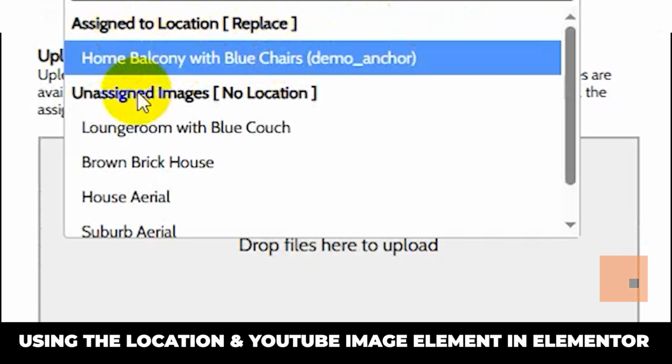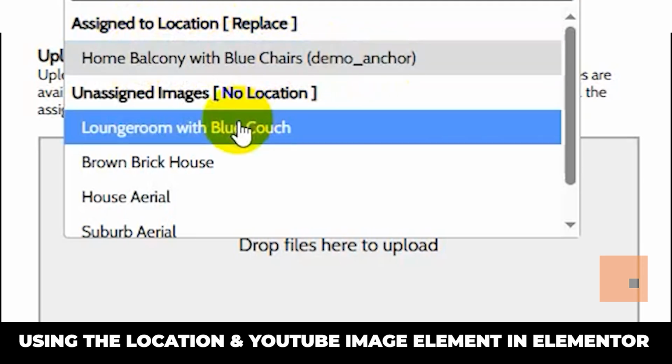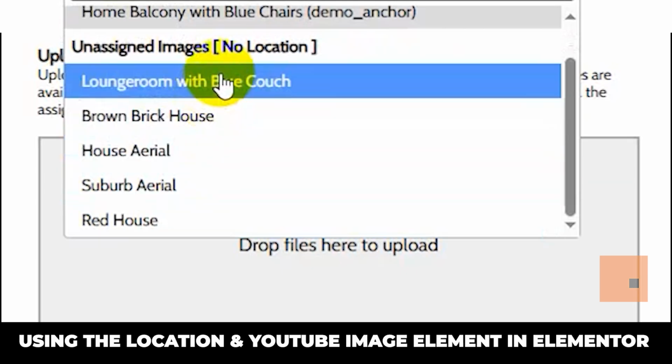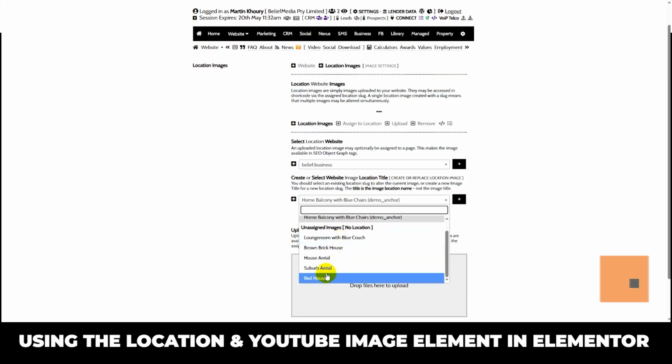Well, this is kind of getting ahead of myself. We can assign an image to a location, so we're going to replace the image that's associated with demo anchor, or we can assign an image to one of these specific images. So these are unassigned images. They haven't been assigned with the default slug yet. So if I was to pull that up,